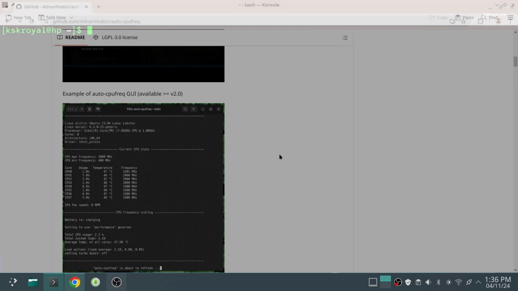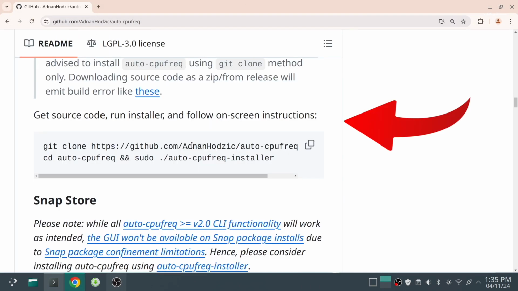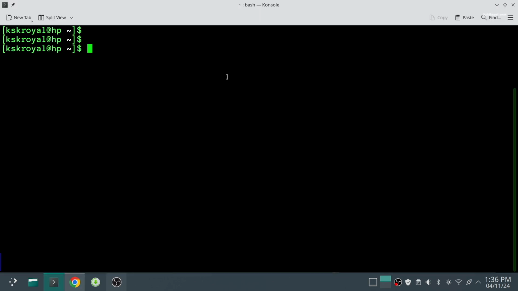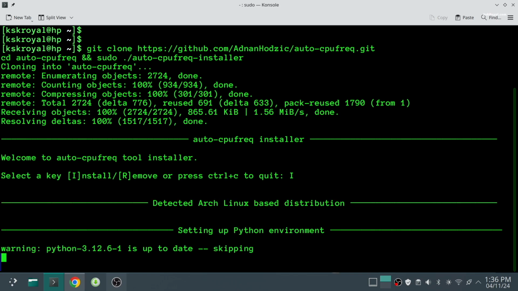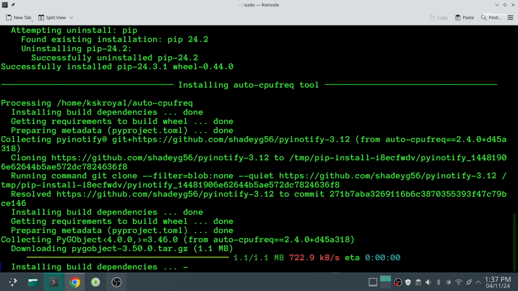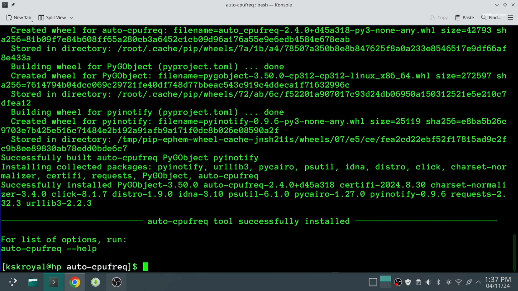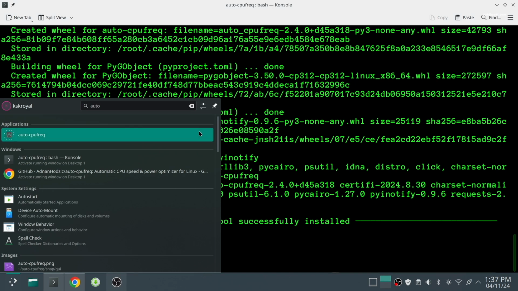To set up auto-cpufreq, copy and paste this code into the terminal. Once it's done, go to the app drawer and open the GUI tool.